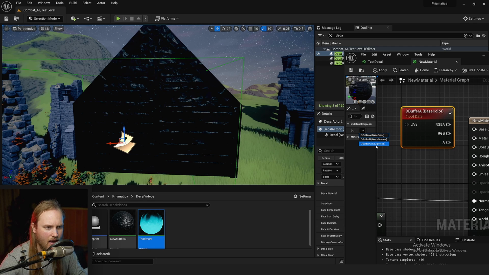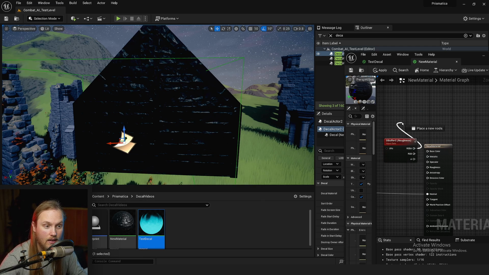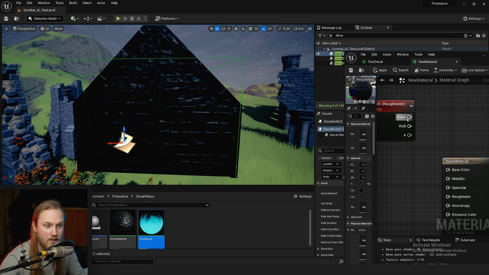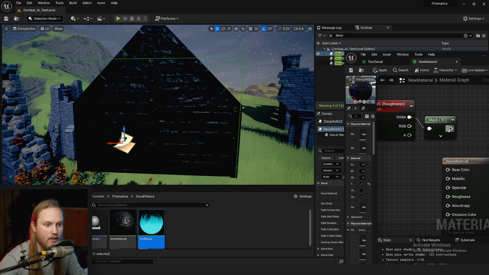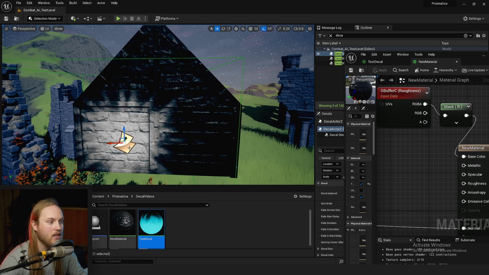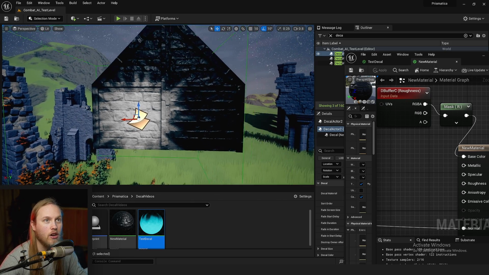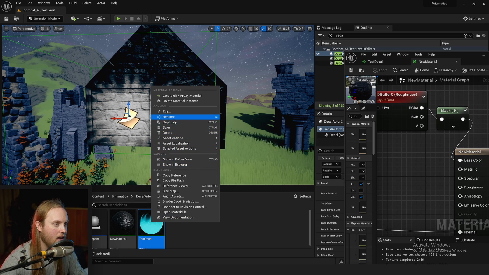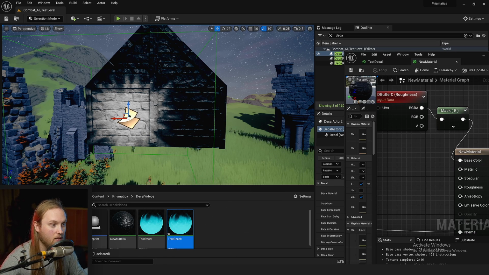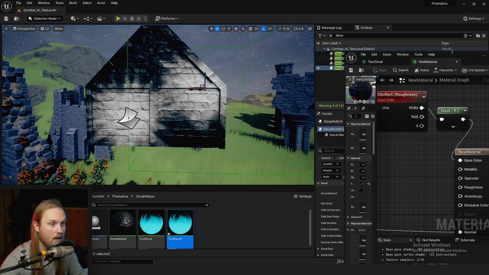We're gonna choose our debuffer C, and we're going to get our roughness, which is the R channel. So we're gonna mask out the R. Now let's put that into the base color, and you can see this is a representation of just the roughness output of the decals. So let's go and duplicate this same decal, and we'll just put another one up here,